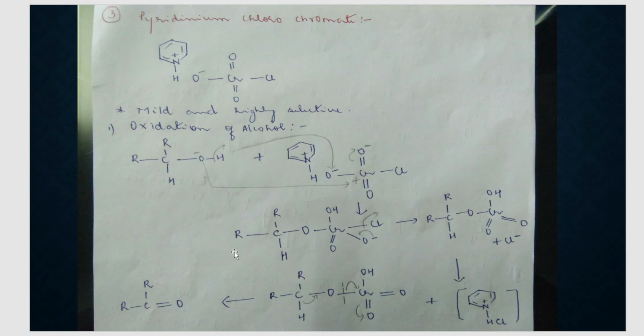What do you get? I've just formed a bond between this oxygen and the chromium here. And what all do you have? You have O minus, correct? You have an O minus, you have a double bond O, and you have Cl. Okay, I've not written this pyridinium part. It's okay because later on it'll come into picture here. Now let it be. Just attach this part and write.